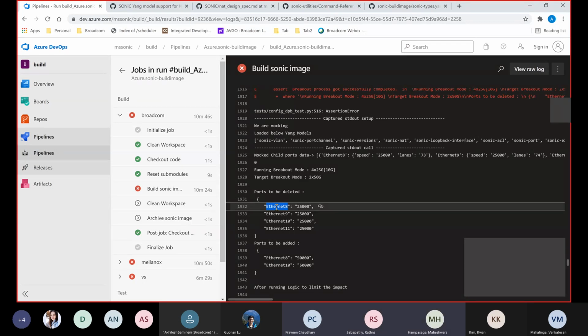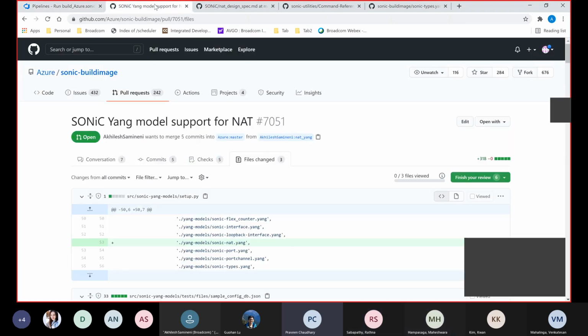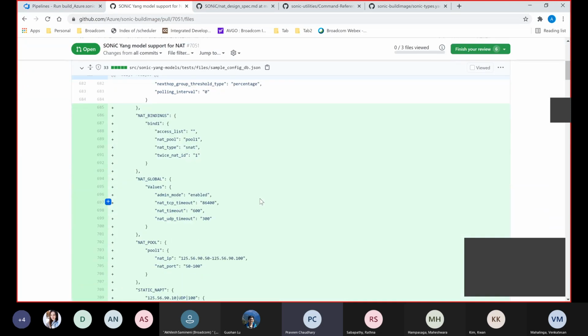No, you said it's because of internal cleanup not done for those ports used for NAT configuration. The leaf refs, right? When breakout happens, it expects that before port delete, all the cleanup should happen. So you have the leaf ref to the port YANG model, but I think we won't have that configuration when we do this port breakout test.